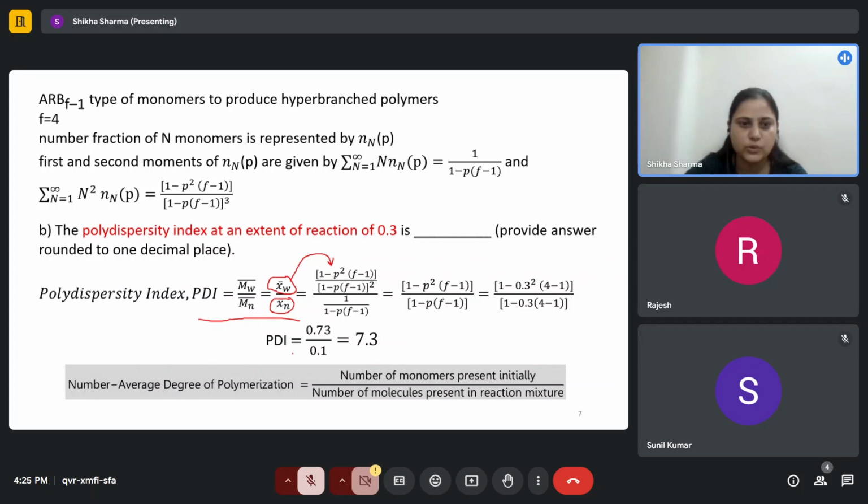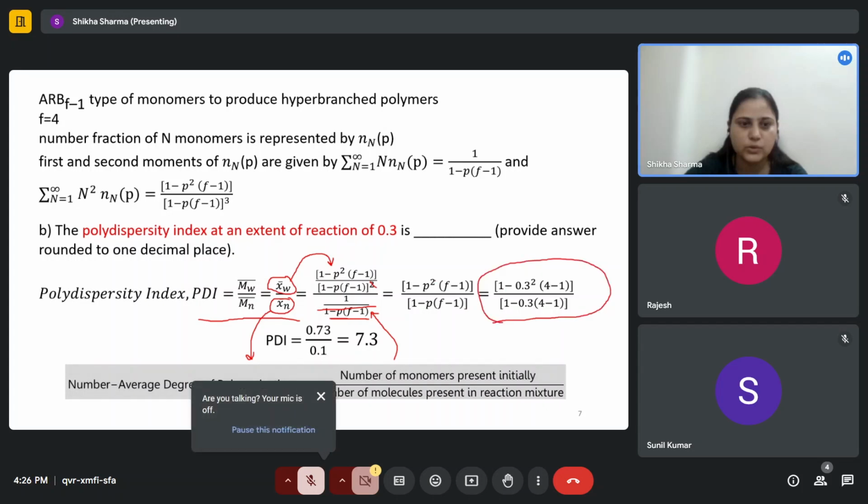It is given below that it is the number of monomers present initially divided by the number of molecules present in the reaction mixture. So it is equal to 1 divided by 1 minus p multiplied by f minus 1, right? This is also discussed in the lecture slides, that the number average degree of polymerization formula is 1 upon 1 minus p multiplied by f minus 1. So the PDI term will come to, since this will cancel out with this, 1 minus p squared multiplied by f minus 1, and in the denominator the square power will come to 1. So 1 minus p multiplied by f minus 1, and then we can just put the value,